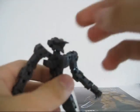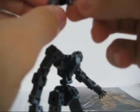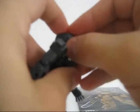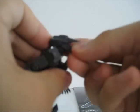First of all, the head. Let's start from the top this time. The head pops out more than I'd like to, but it's not just the head that pops out. The whole neck joint pops out. And it's a little bit annoying, but not that big of a deal, really. And then this little chin thing pops out. And that is really...